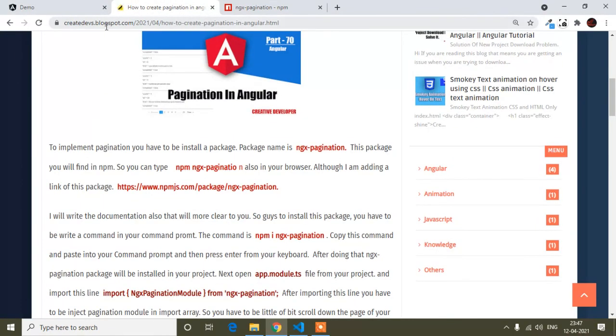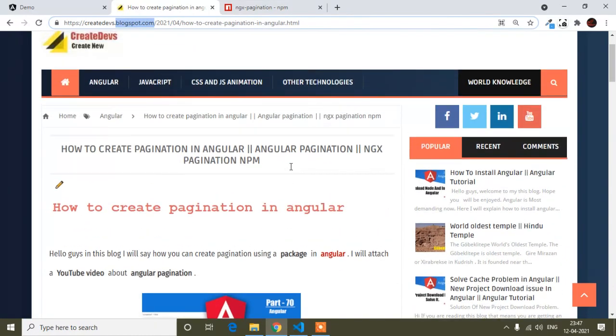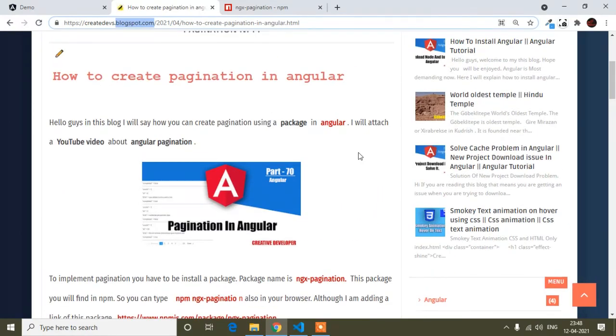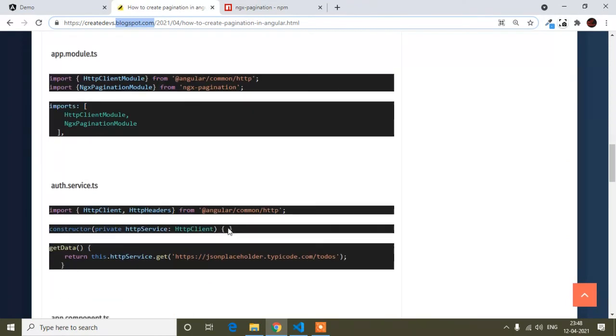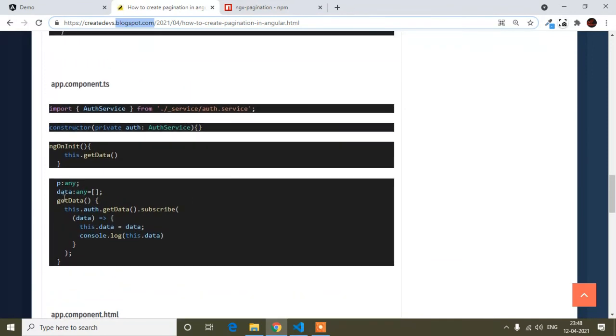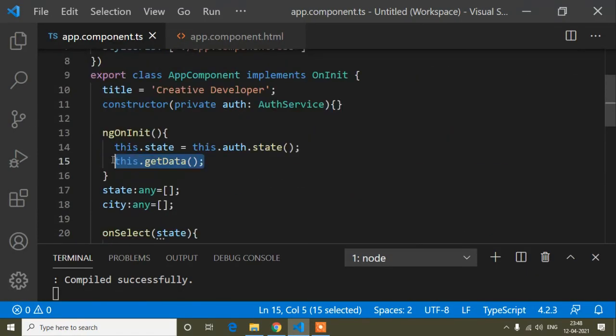And this is the blog site. You can see this is a free domain, guys. Blogspot.com, Google's free domain. You can do this, you can create your own blog site also. And guys, this blog link I will provide in my description also. So from here you can read the blog, and you can copy and paste the code here. So inside this ng on init, in my app component.ts file, I have written it here, but I forgot to show. But after that I had pasted this code here. So now it's done perfectly.